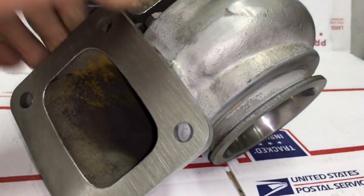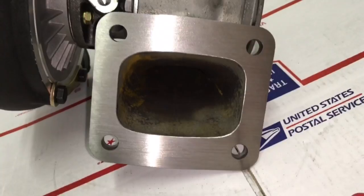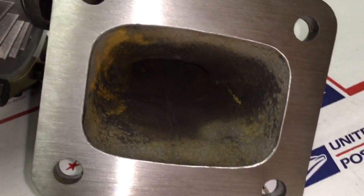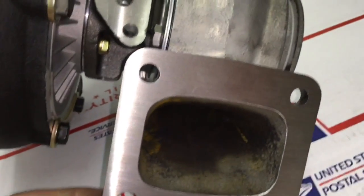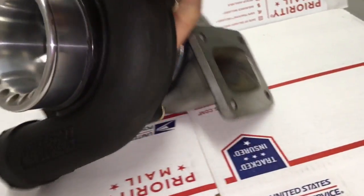On the turbine side, I machined that turbine housing from the 62 millimeter to the 66 millimeter turbine that Precision uses. And then I also resurfaced the inlet flange because it was really badly rusted. I also remachined the outlet flange to get the rust pits out of that so that both sides of the